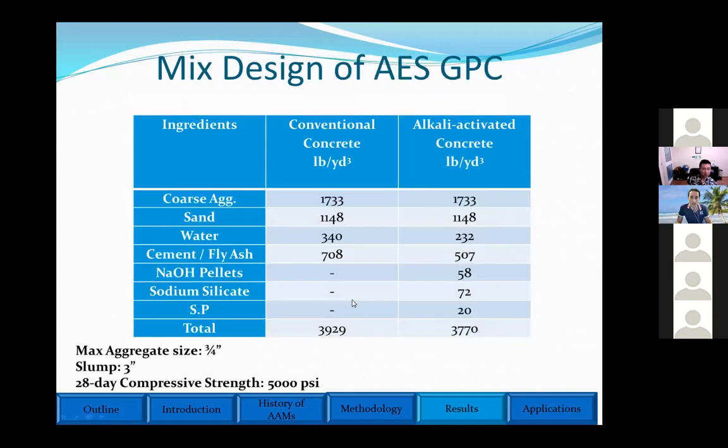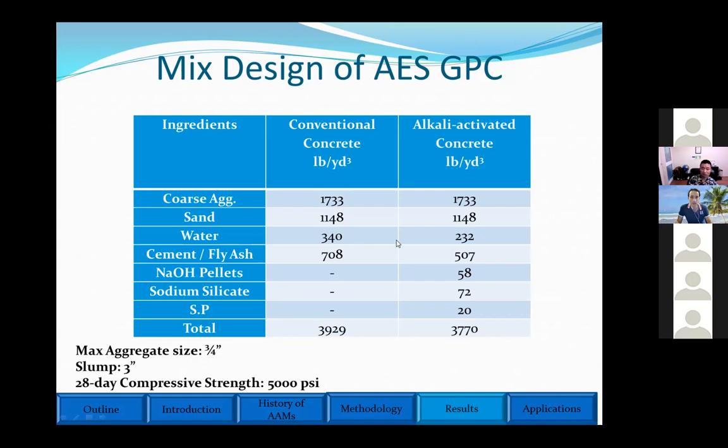And then I could get this. Just to compare the alkali activated concrete with the conventional concrete, I took these numbers. So here is a mix design for 5,000 psi compressive strength. As you can see, we need coarse aggregate for both of them, almost the same numbers. We need sand. Regarding the water, we need less water for the production of alkali activated